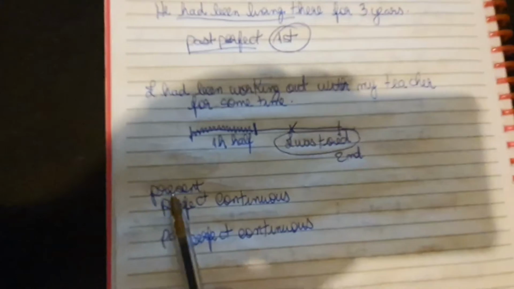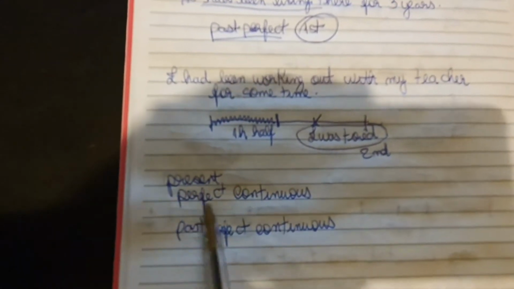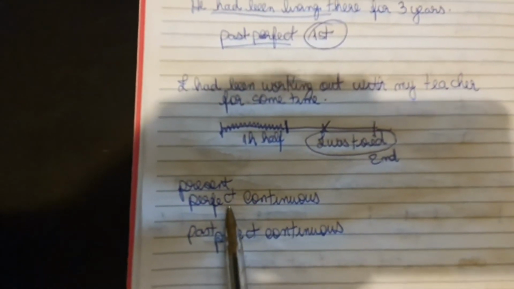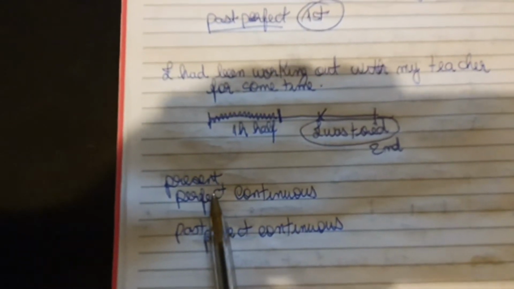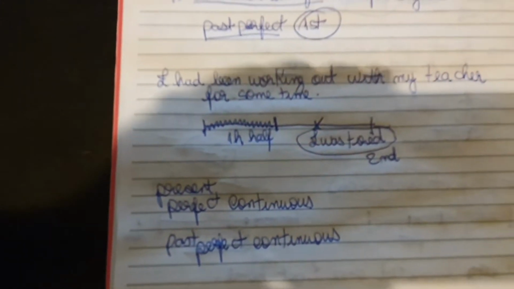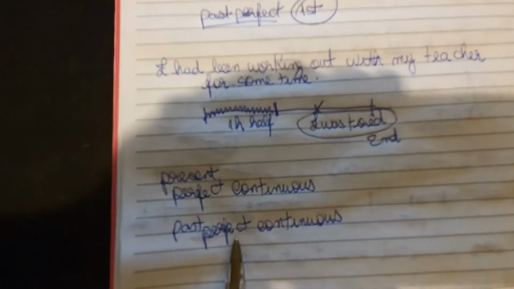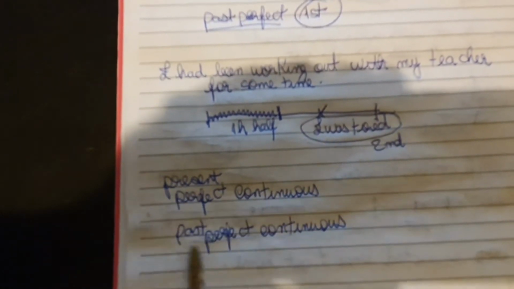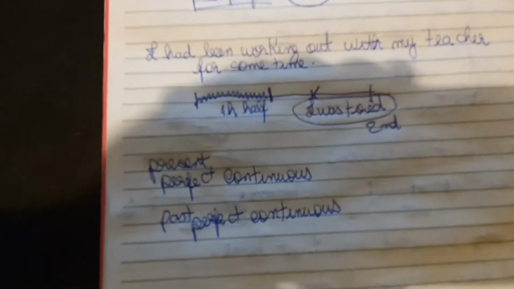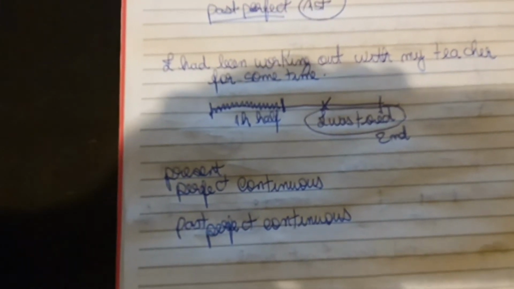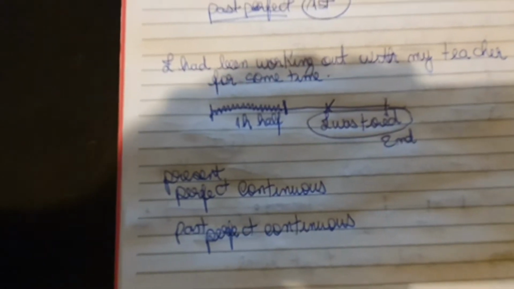Remember when I told you that in the present perfect tense, the action or the event has a connection with the present? Remember that? So keep that in mind. The past perfect doesn't have any connection with the present, and it involves two actions in the past. The first one, the past perfect, and the second one, the simple past. All right,